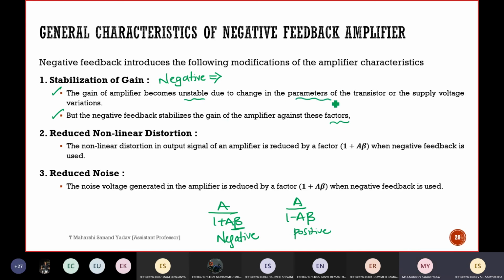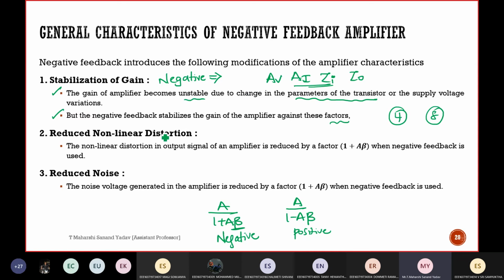So can you tell me what these parameters of a transistor are? 4 parameters. Voltage gain AV, AI current gain, GM, and Z. These 4 are important. In the last class, we have seen 8 characteristics, and only these first ones are very important: input impedance, output impedance, voltage gain, and current gain. Okay, remember these 2 points.